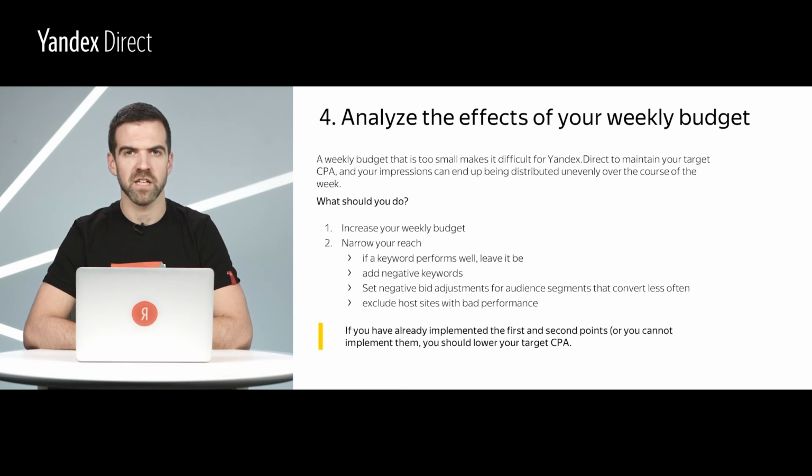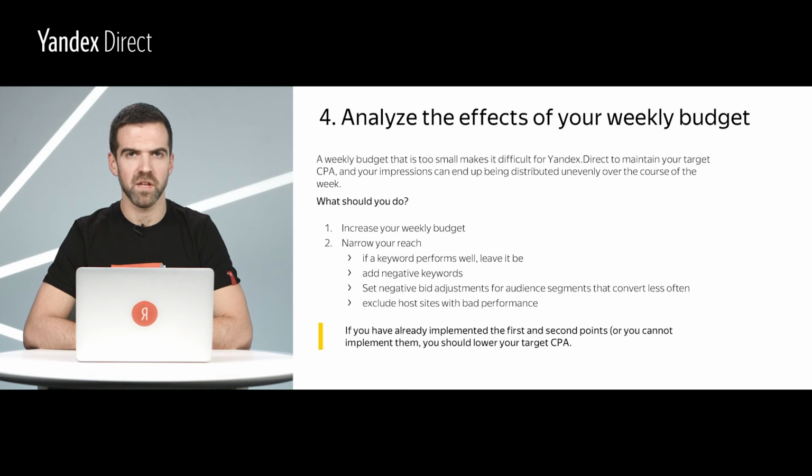When advertisers set weekly budgets that are too strict, there are two typical consequences. First, their impressions become sporadic, and second, the strategy is unable to maintain the CPA they set. The first thing many advertisers do in this situation is lower their CPA, which leads to their ads winning fewer auctions and getting fewer conversions, as well as to the weekly budget not being spent.